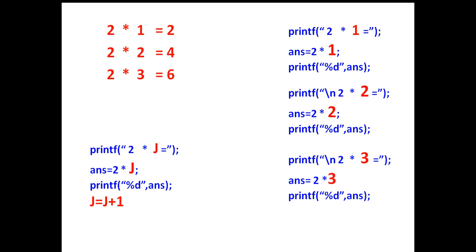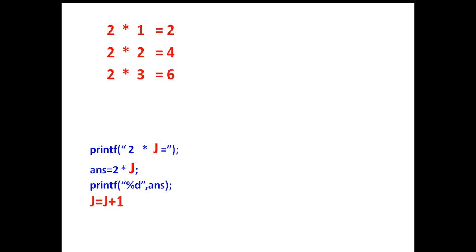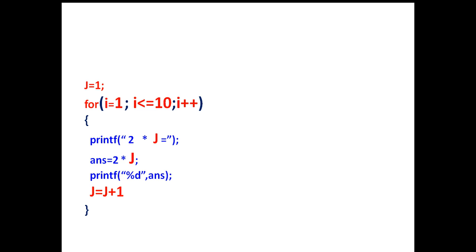So we will write only these statements within the loop. So we have written a for loop. The loop will run from 1 to 10, and j should start from 1. So before the loop we are writing j equal to 1.